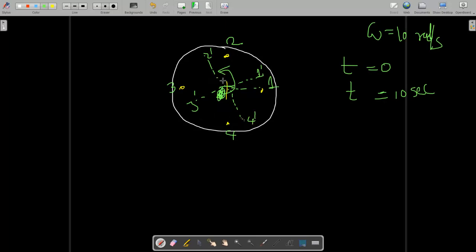Again, if you draw the force balance, the only force acting here is the centrifugal force. All are in one plane, so the line of action of the centrifugal force of the third mass and the first mass is the same, in opposite directions, so they cancel each other out. Now in the question, one of the masses is removed. I am removing mass number 4.